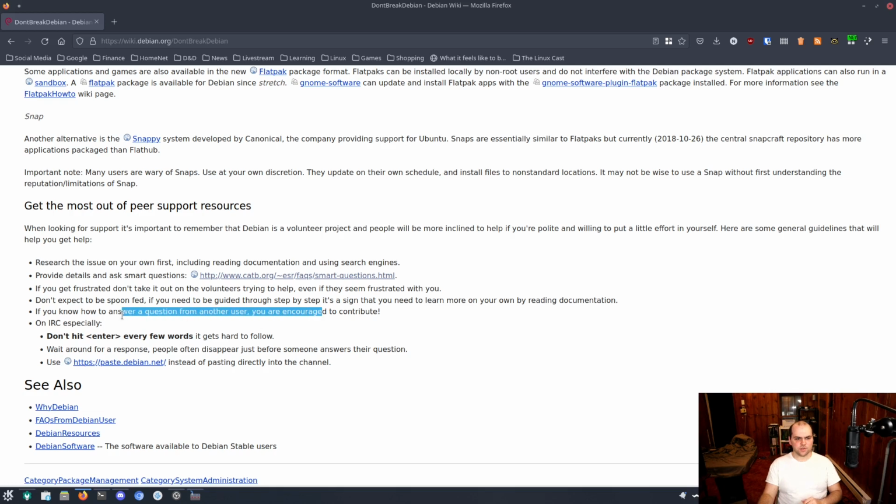and if you know how to answer a question, answer the question. That's called contributing. So if you're on Reddit and you see somebody going like, man, I can't figure out how this thing works, and you know exactly how it works, step in, explain. That's how you contribute to an upstream project,